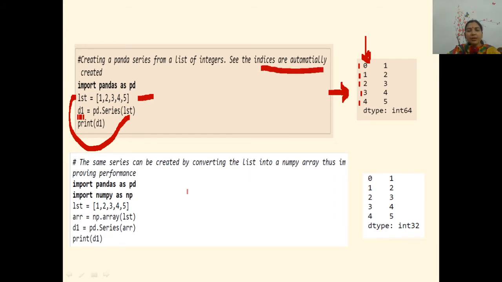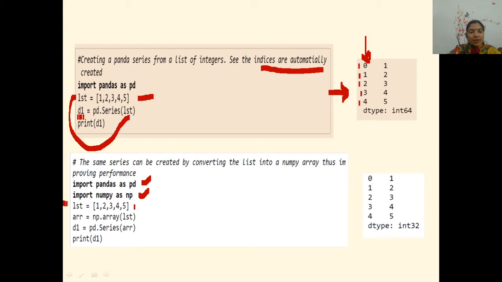Now let's create the same series in another way. Here we used only pandas and provided a list. We are now going to provide a NumPy array. And to use NumPy, I need to import NumPy also along with pandas. So I have the same list here, 1, 2, 3, 4, 5.